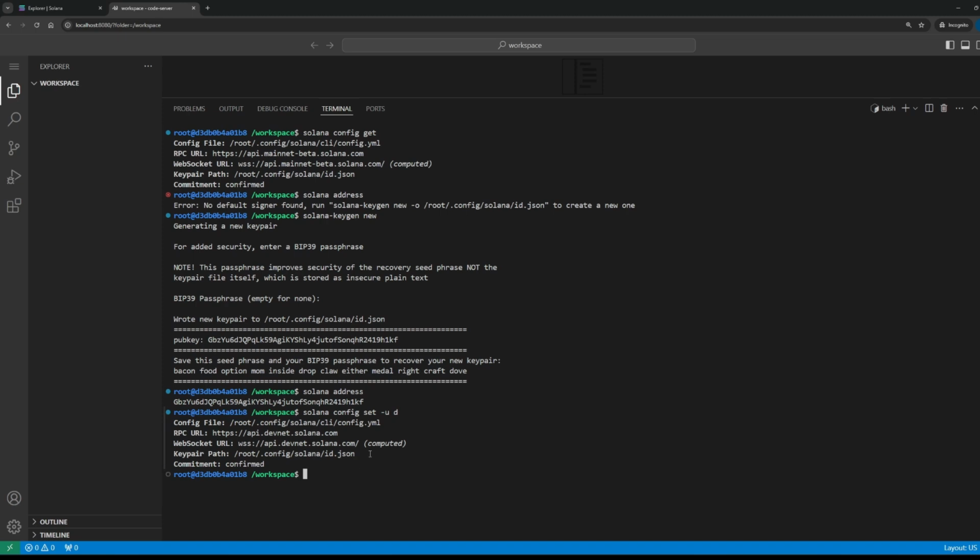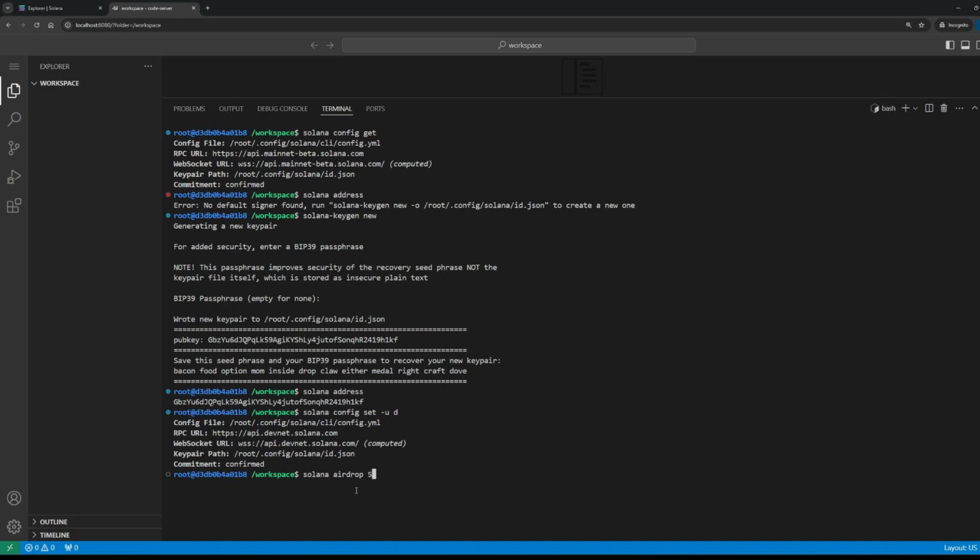And right now, as I'm going to airdrop some SOL to my wallet address, it is important that the key pair is set to this path, which is actually the key pair of the address that was printed here. So what I can do now is specify, for example, solana airdrop 5.